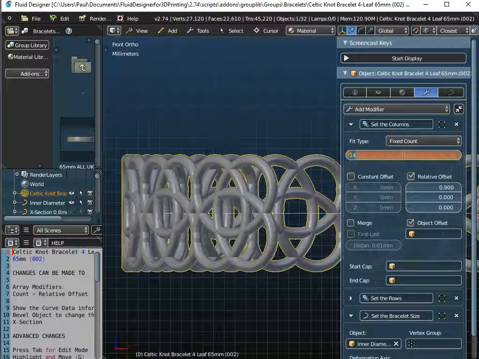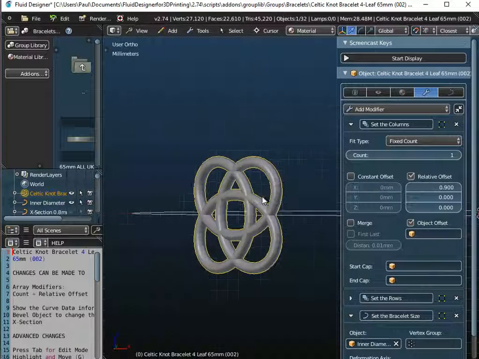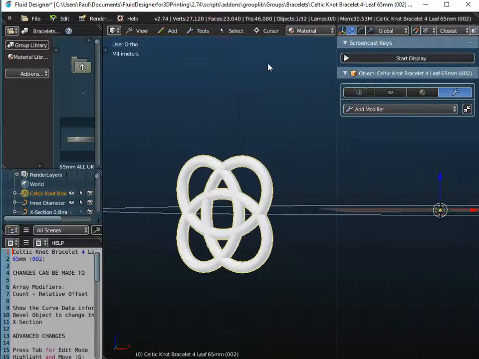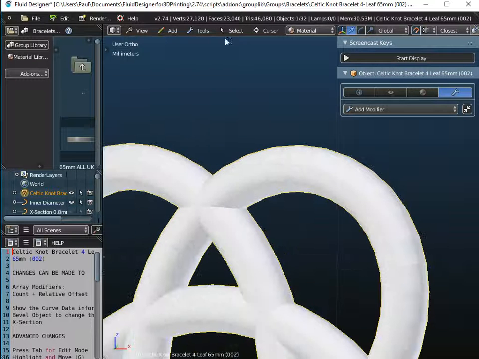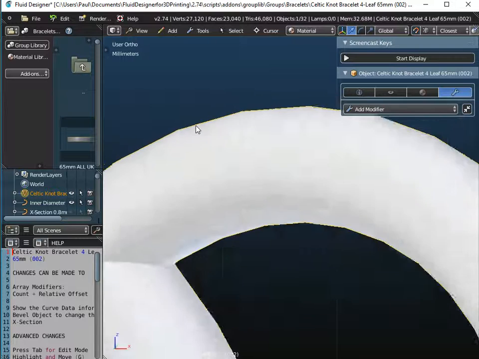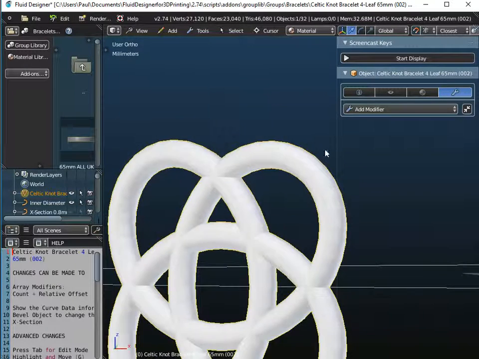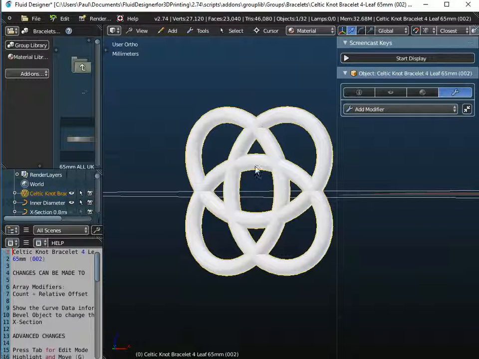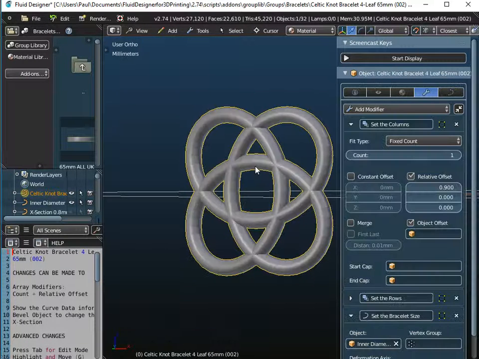Now if I turn that count down to 1, so I've just got one object, and go to Tools, Object Tools and convert that to a mesh, you can see that as a mesh it's got about 23,000 faces, which gives it a certain smoothness to the object. But as you can see, as I move in, we can see some straight edges there. If I just do Control Z and undo that,